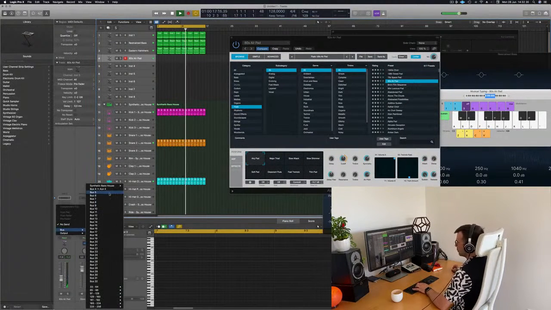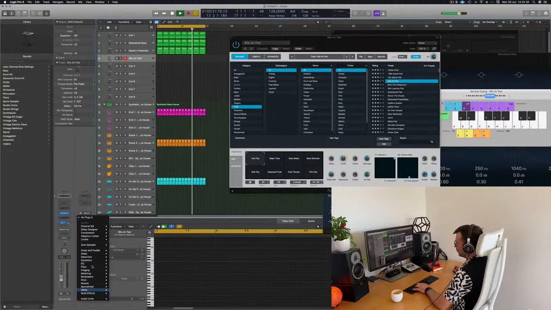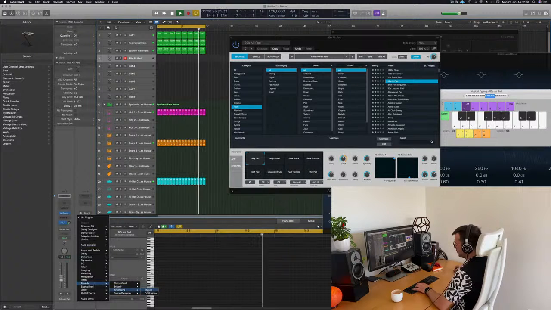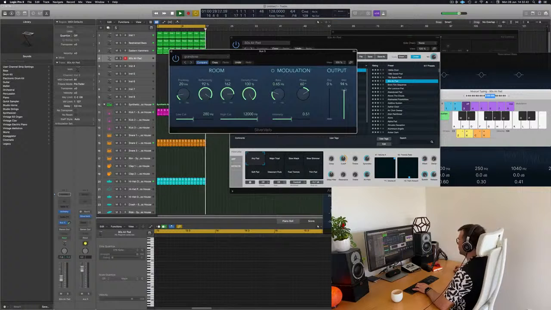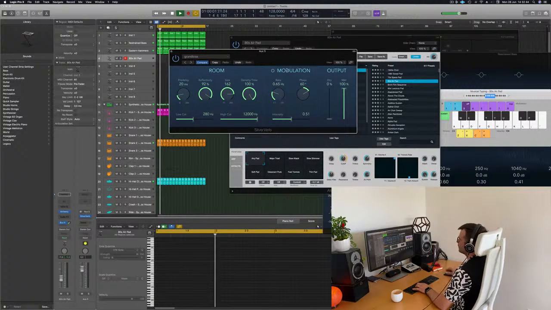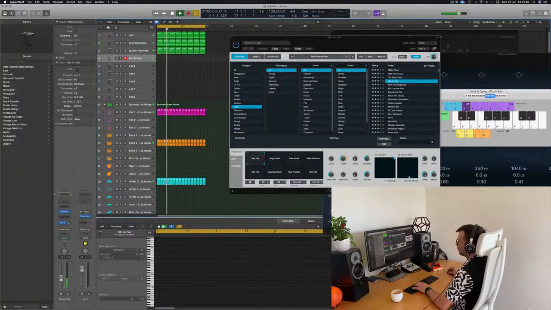With some reverb this time. I'm gonna do my now famous Silver Verb Grandiose, which is in so many of my templates that there's thousands and thousands of people using it now, so this is interesting.